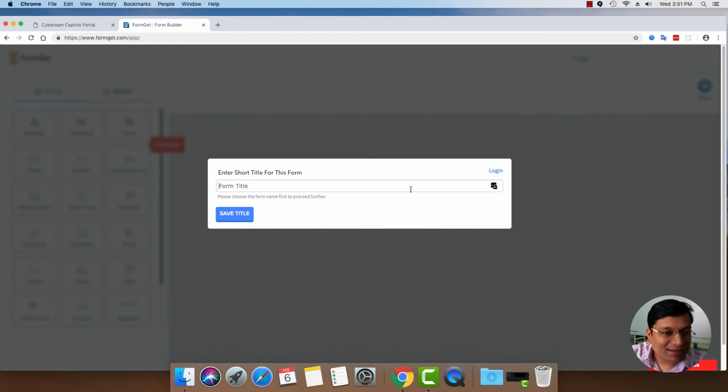Hello. So today guys I'm going to give you a demo of the new FormGet builder. The new FormGet builder has been created by the team at FormGet, and we have introduced so many features inside this builder that you will be absolutely amazed by all the things that you can do with the new FormGet builder. Now in this case, what I'm going to do is first create a short title